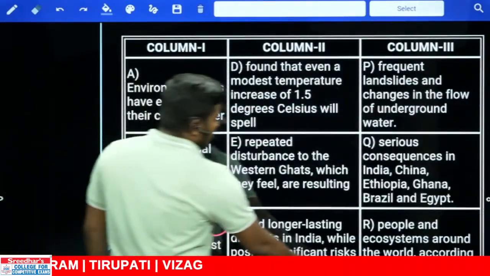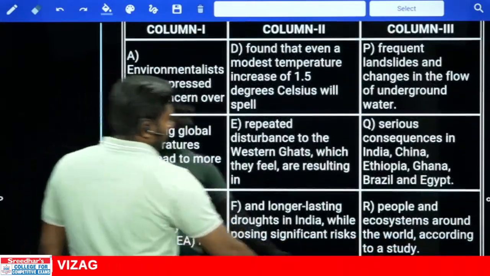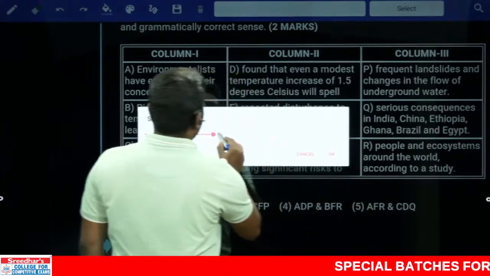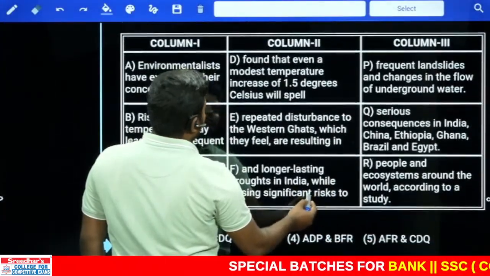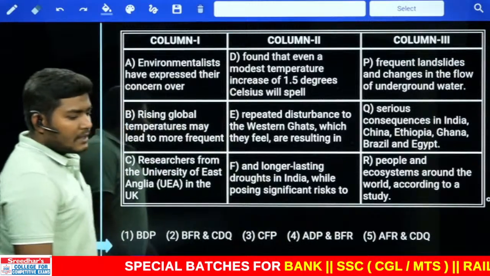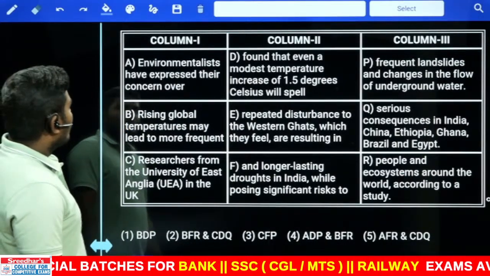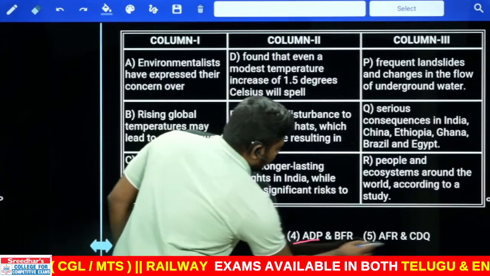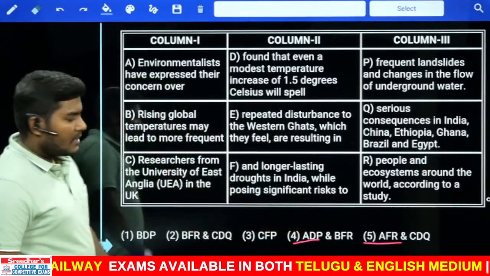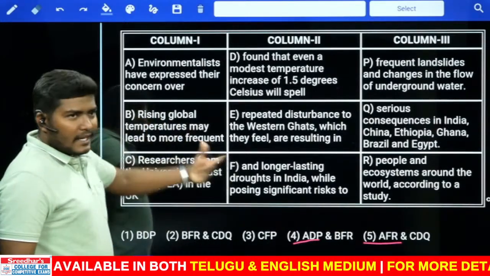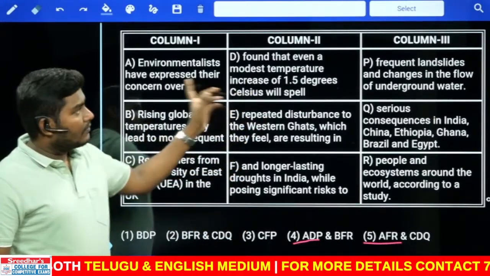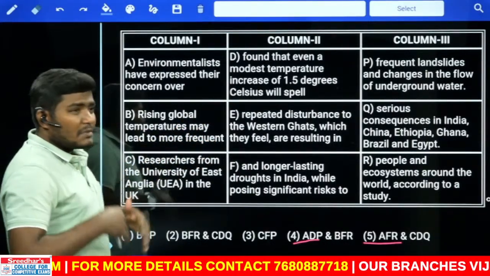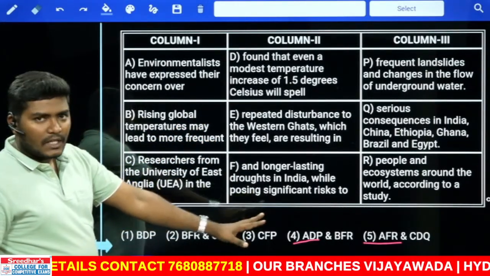Next, moving to the next one, 125. Right, let us check this out. Look at the first one. With A, we have only two combinations of pairs. What are they? AD and AF. Let us check them directly. Don't read the statements again and again because they are very lengthy in three column combinations. If there are only two, no problem. But when there are three, you're going to spend a lot of time. So don't waste your time. Just cross check with the given options.